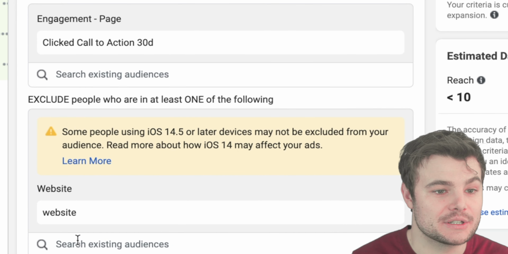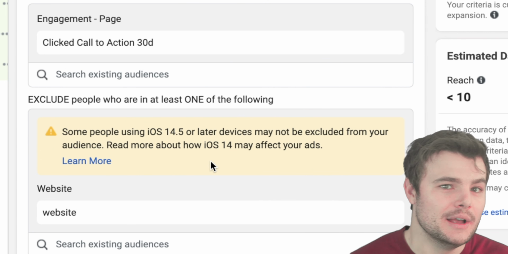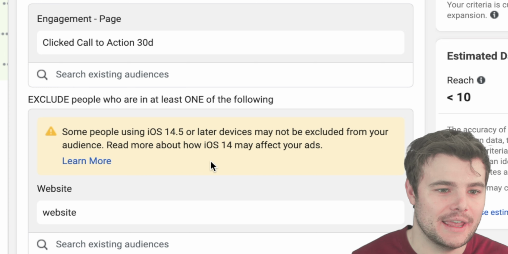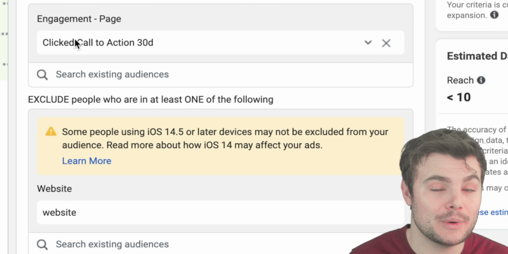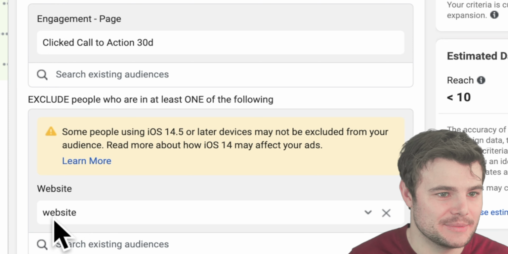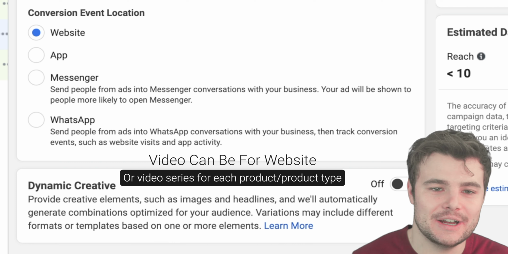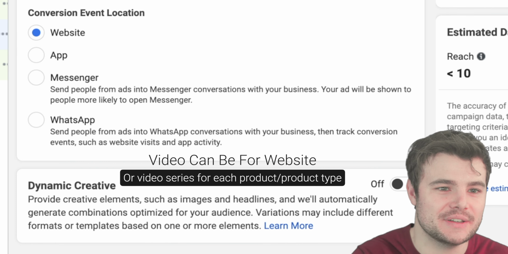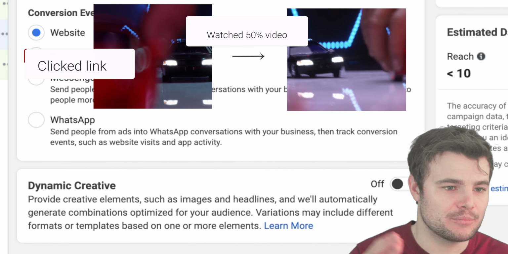And we're going to exclude our website visitors because I have a separate retargeting campaign specifically for website visitors and add to cart and for people who actually we can track. So the only people in this audience are people who clicked a link to the website and then are not being tracked as a website visitor. So you can do a series like this on general website sales or brand, or you can do it for specific different products where you kind of lead people down a line based off a specific product